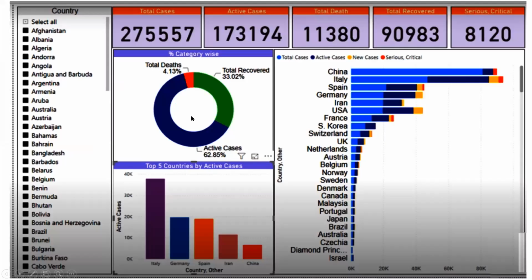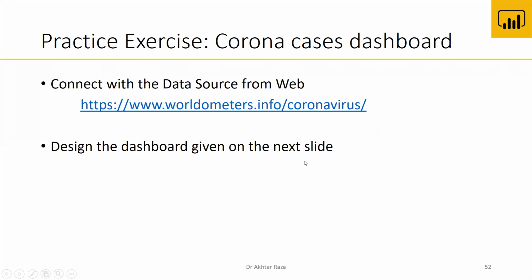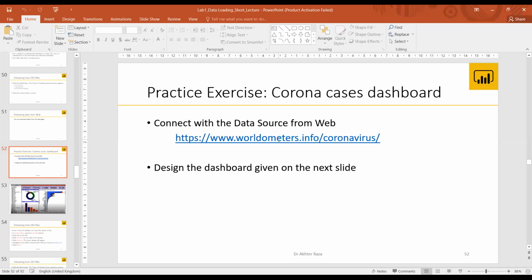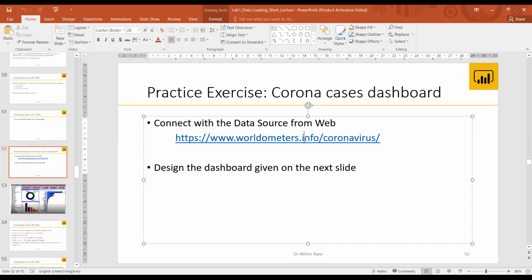Here we have country names, then total cases, active cases, deaths, recovered patients, serious cases. Then you have a donut chart, you have the top 5 countries by active cases, and you have other countries. So this report you have to generate, and the data file is available on the web source. So just click on that web source, and in Power BI you have to download the data from the web source.